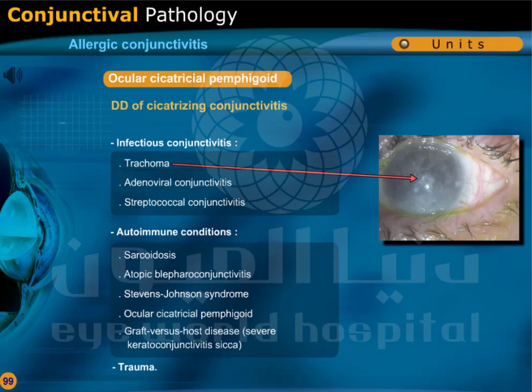Differential diagnosis of cicatrizing conjunctivitis: infectious conjunctivitis, like that caused by trachoma, adenoviral conjunctivitis, and streptococcal conjunctivitis. Autoimmune conditions: sarcoidosis, atopic blepharoconjunctivitis, Stevens-Johnson syndrome, ocular cicatricial pemphigoid, and graft versus host disease, which is a severe keratoconjunctivitis sicca. Trauma: